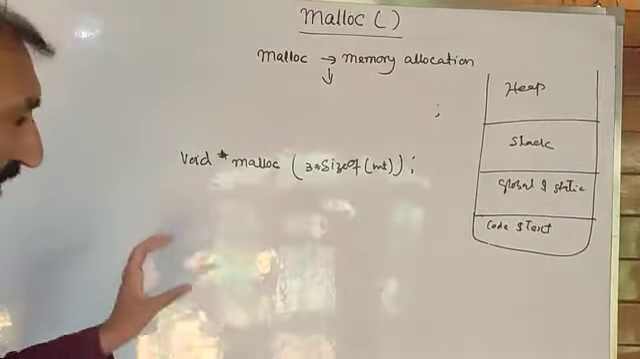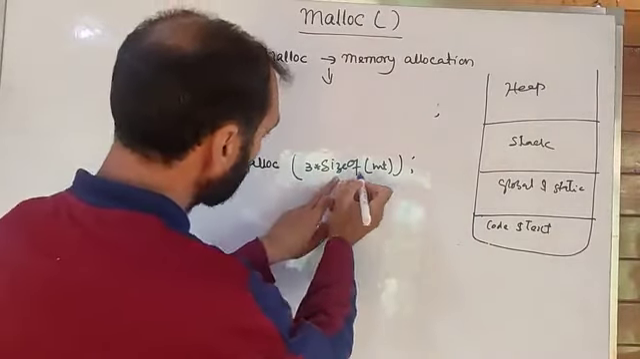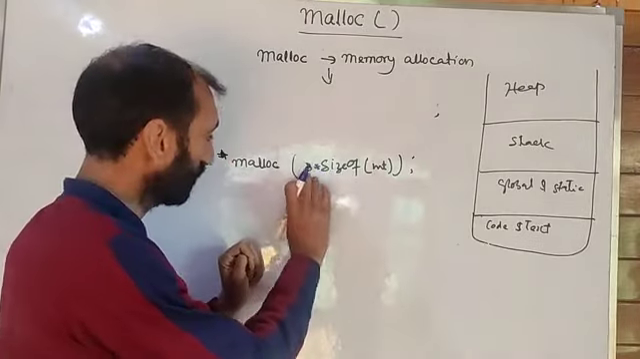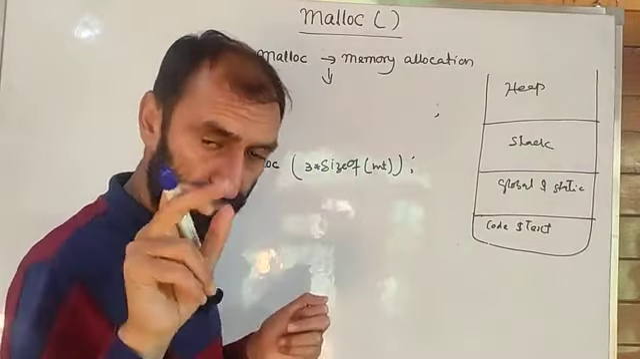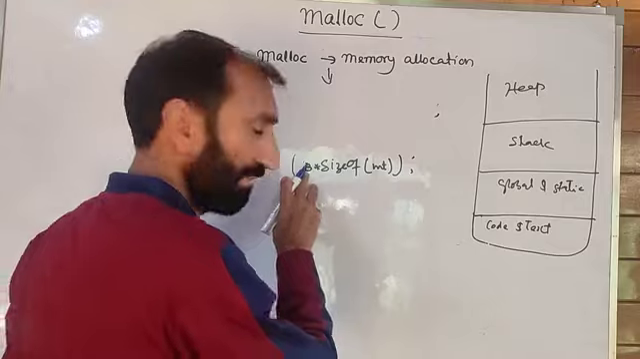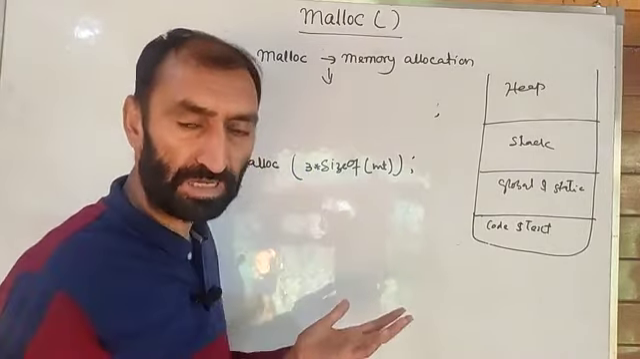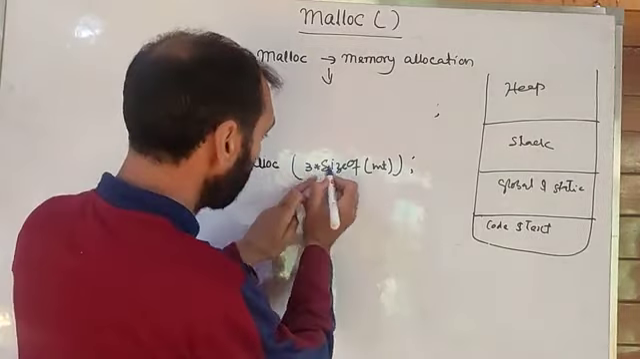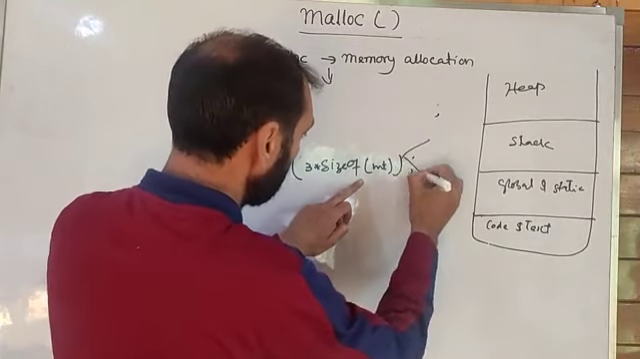The syntax of this malloc function uses the sizeof operator. Here I have requested that I want to store 3 elements. That means I want the memory for 3 elements. So 3 and sizeof int. We know that the size of int